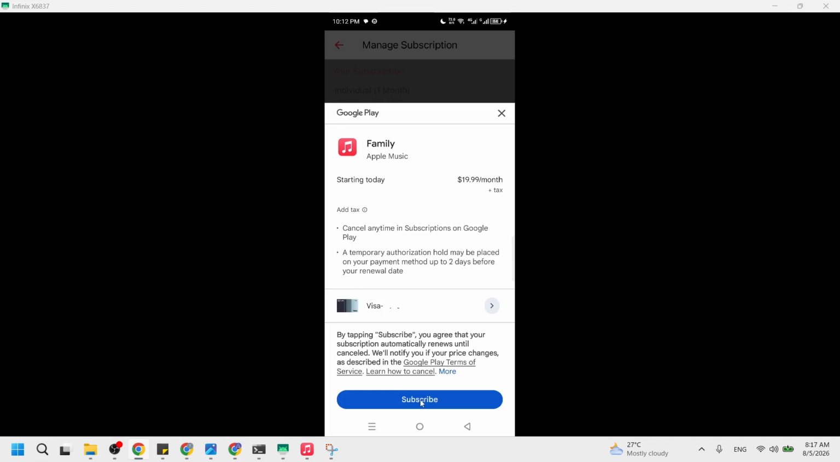When you are satisfied, click Subscribe, and you may be asked to confirm with Face ID, Touch ID, or your device passcode. After that, a brief confirmation will appear, and your Apple Music plan is now updated for your account. You have now successfully changed your Apple Music plan right from your phone,